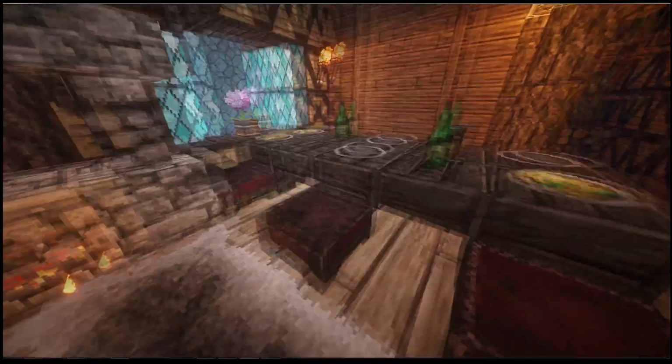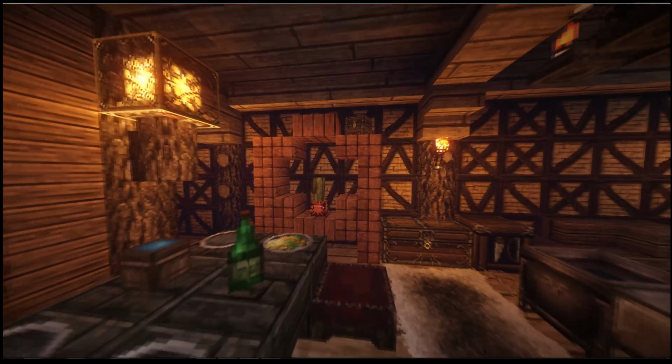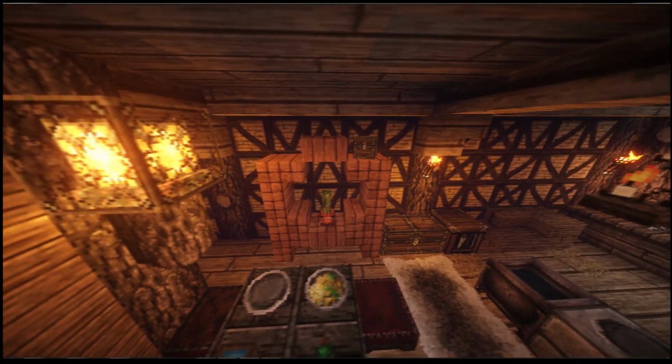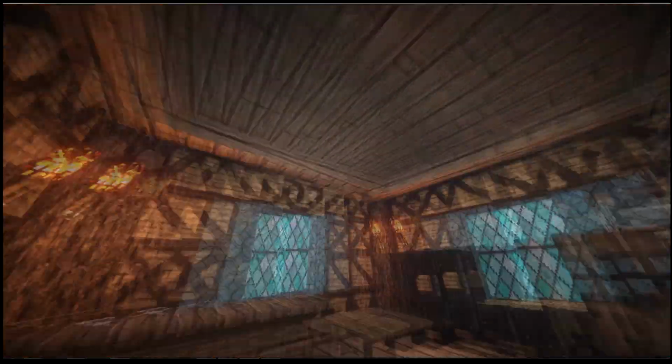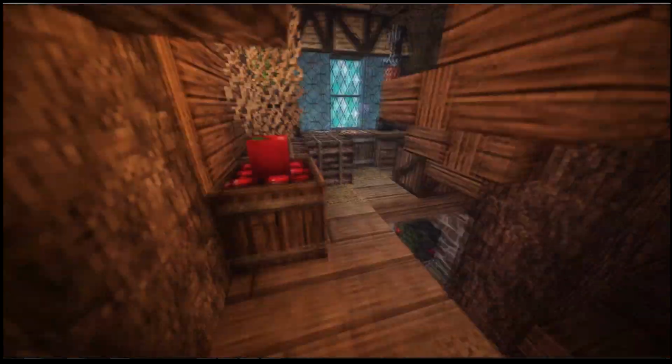General chest. I tried to go with this weird, kind of oriental-ish style. I don't know about it. It's just a weird thing made out of the acacia. I'm not sure about it yet. But roof design, pretty much the same as downstairs. It's a little bit bigger, so it doesn't look as good, I don't think. And then if we go upstairs...